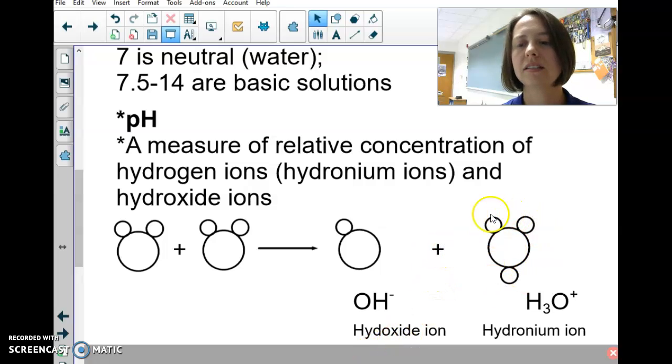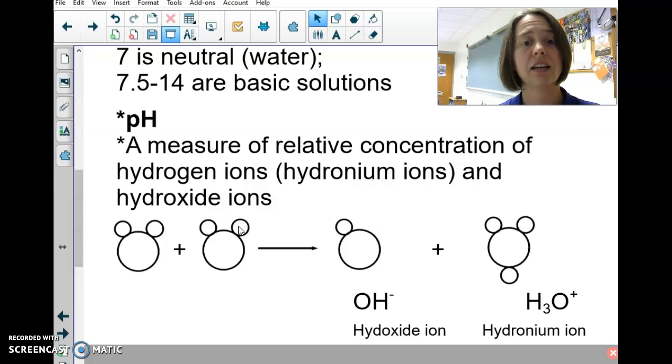And then this one has an extra hydrogen, and now it's H3O, and it is a hydronium ion, and sometimes you hear it referred to as a hydrogen ion. So because this little hydrogen, we know hydrogen is just the first element. It has 1 proton and 1 electron, no neutrons in it. And then when it leaves water, it was sharing an electron with water and with the oxygen, and the oxygen